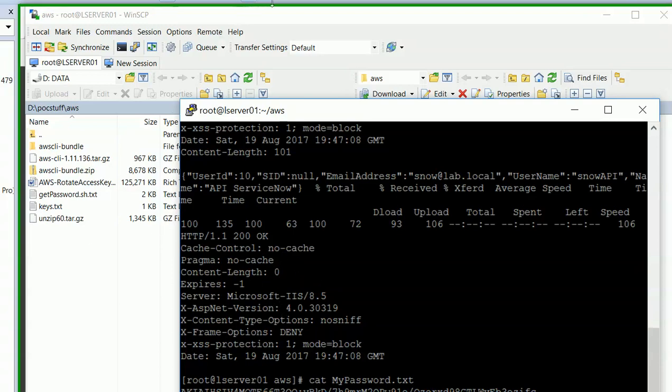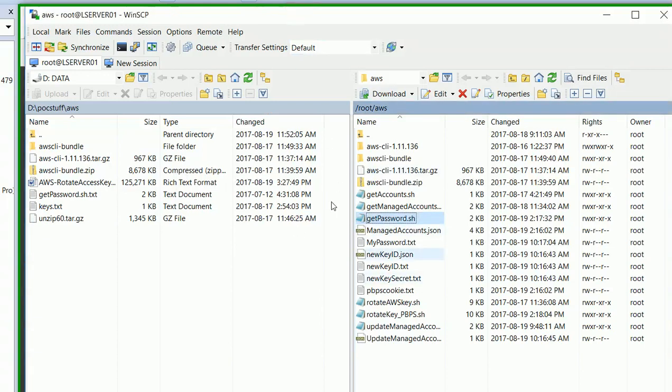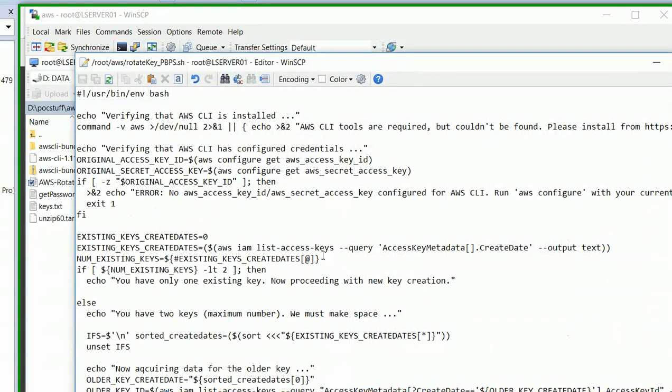Now the main script. So the main script is the script that's actually doing the job. So I call it rotate key here. And this script here does a few things. So first, it will interface